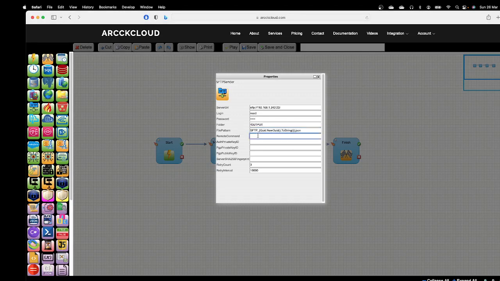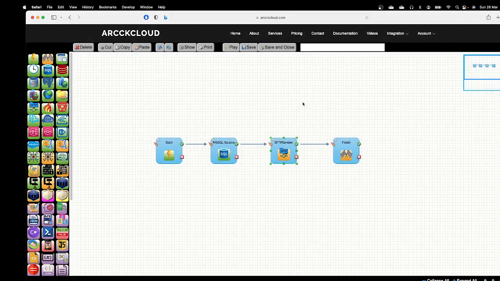And you can have an optional remote command, which basically executes a remote command when the SFTP has successfully transferred the file. So let's save this